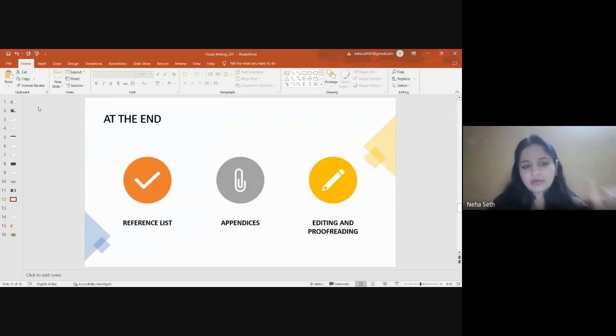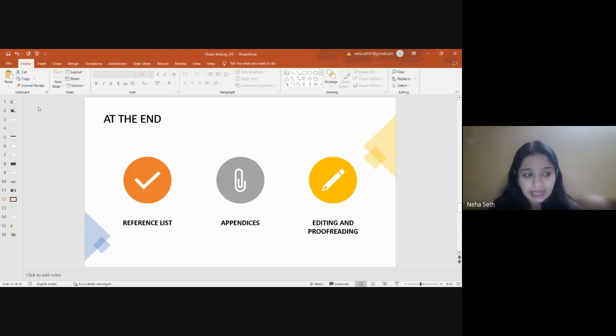Okay, when we talk about the reference list, there is a particular format that we need to follow. That format is given maybe in your university ordinance or in your brochure or whatever document you are getting, on how you have to put your reference list. This is also sometimes a reason I have seen people receive their thesis for review, because the reference list is not correct. So whatever references you are using, whatever content you are referring to while doing your thesis work, you should put in the reference list.